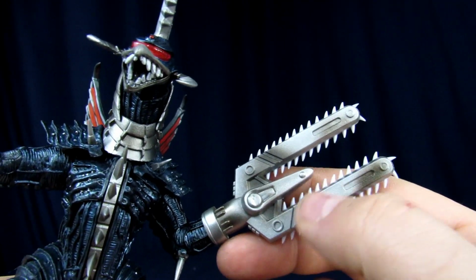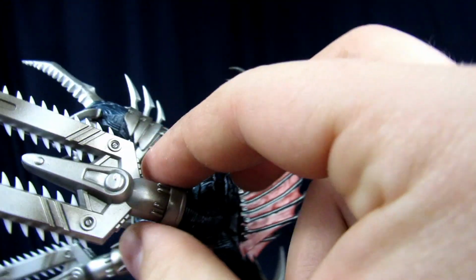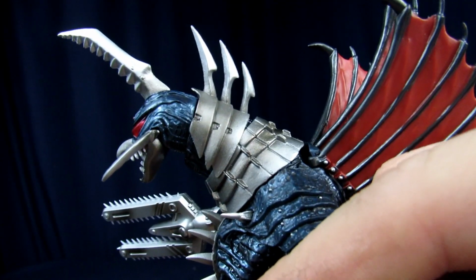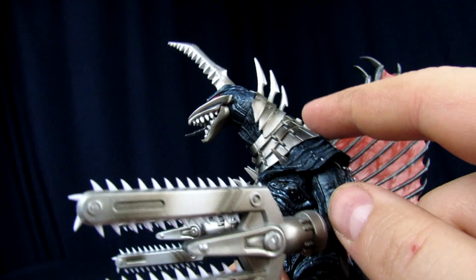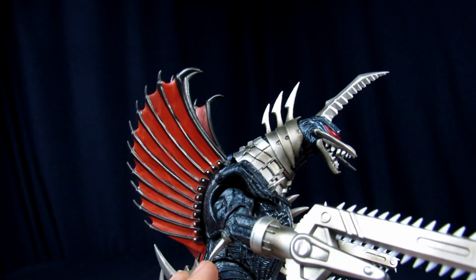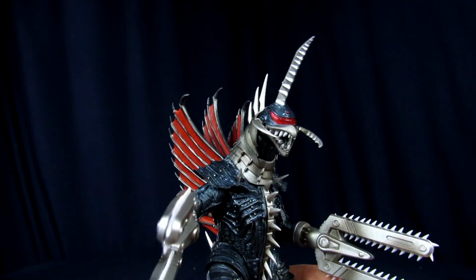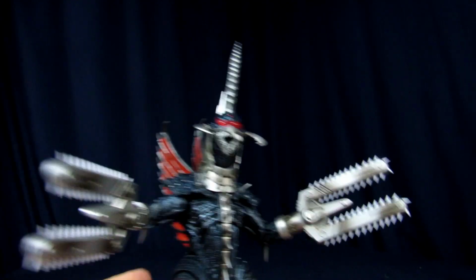Detailing still looks nice. You got the airbrushing on the saw blades to give it a nice weathered look. Got the white here for the chain blades, and same with the neck brace here too. It's got some more airbrushing for some of that more bronze-esque color on it. And overall, some really nice accessories. It's kind of something you would expect out of your Gigan, but for the most part, I would have thought